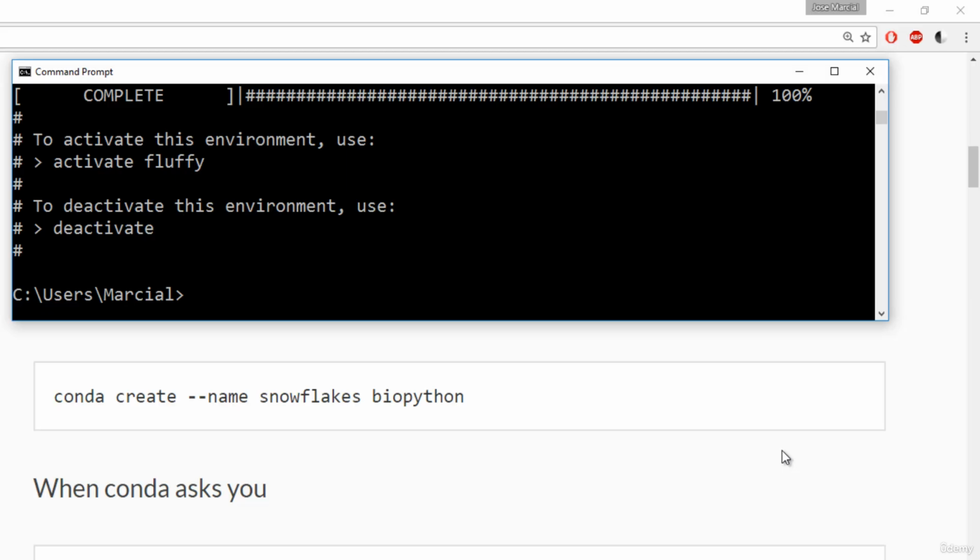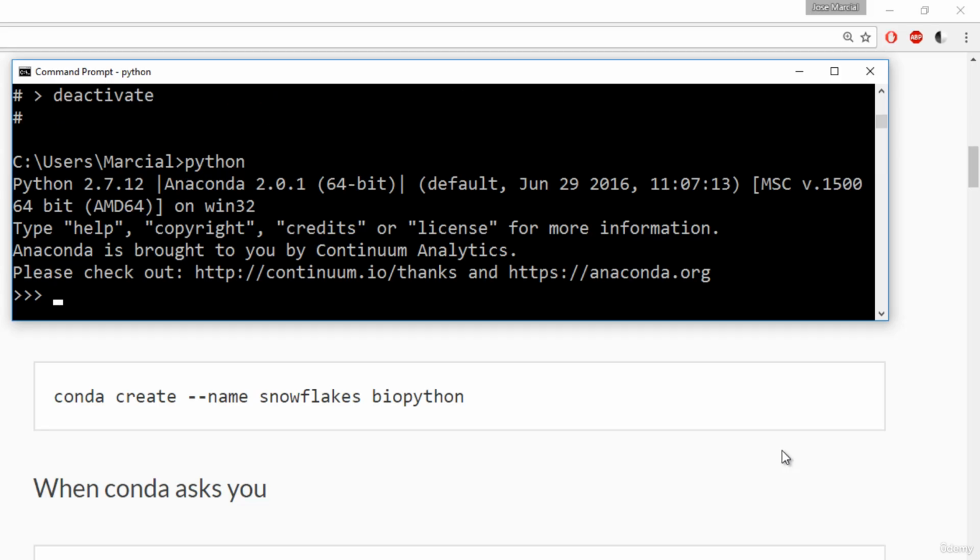To deactivate this environment, I use deactivate. Let me go ahead and show you what my base version of Python looks like versus this virtual environment version of Python. Remember, this virtual environment was only initiated with NumPy. So if I just type in Python right now, I will get my regular distribution of Anaconda, the one I installed. In this case, it's